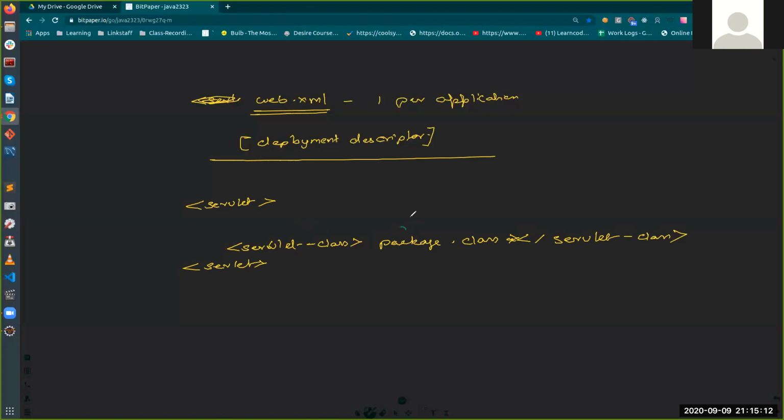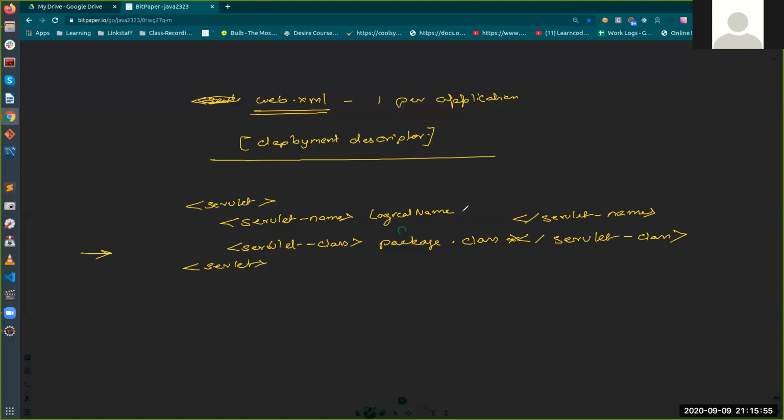Now you are telling the server that, okay, this is my servlet, but from now onwards, you have to refer to it using a logical name, and not the actual file or the class name, right? So inside this, you can give a servlet name. This can be any logical name. For example, if you are writing ShowFormServlet, you can write CreateForm, that's all. So you can give a logical name to your servlet. So from now onwards, in the whole configuration, wherever you are going to mention the servlet, you will mention it with the servlet name and not with the class name. Okay.